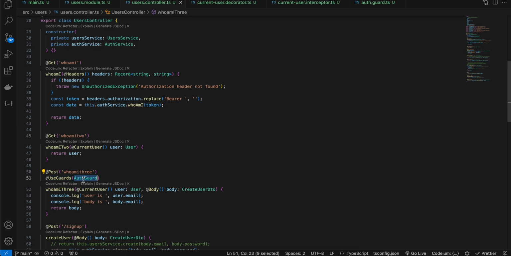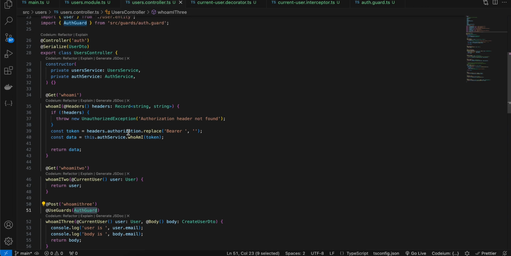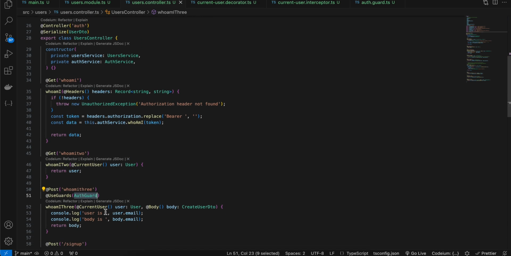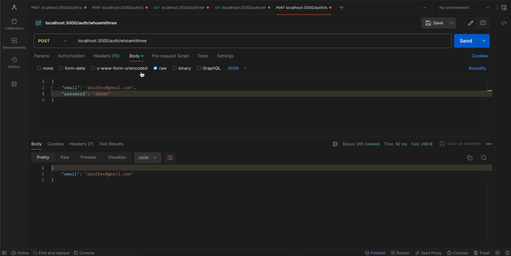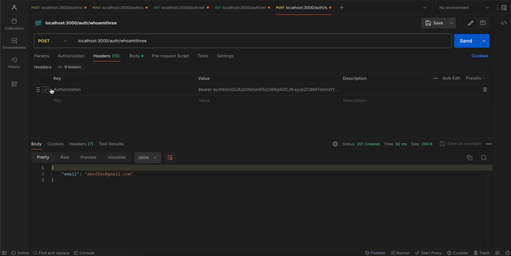and it uses this UseGuards, AuthGuard as well. It also takes a current user, and it takes this CreateUserDto as well. This is just for simplicity's sake; we are not really using this, we are not creating a new user. And here it is a post call because I am passing this body as well. So if I try to access it, this is the CreateUserDto, it takes email and password. If I try to remove this authorization and click on send, here you can see I am getting a forbidden